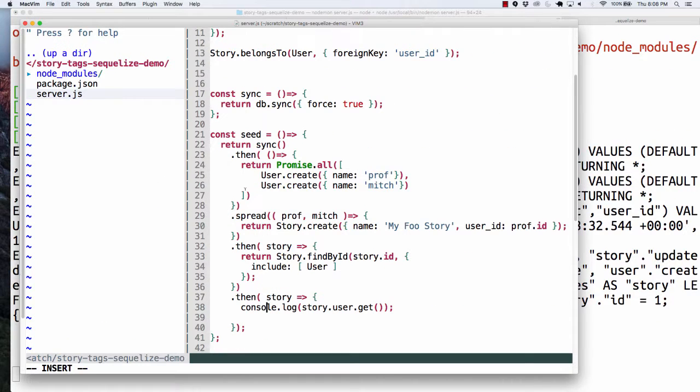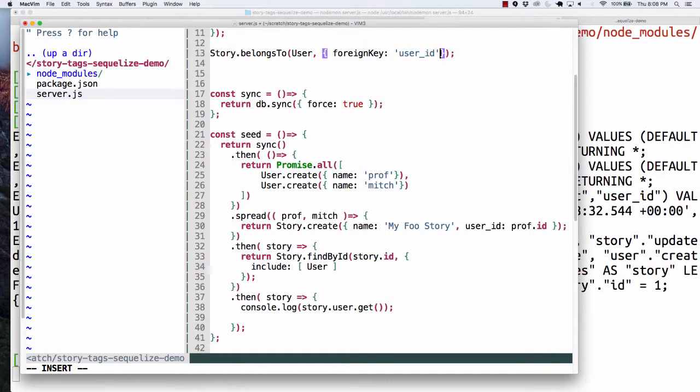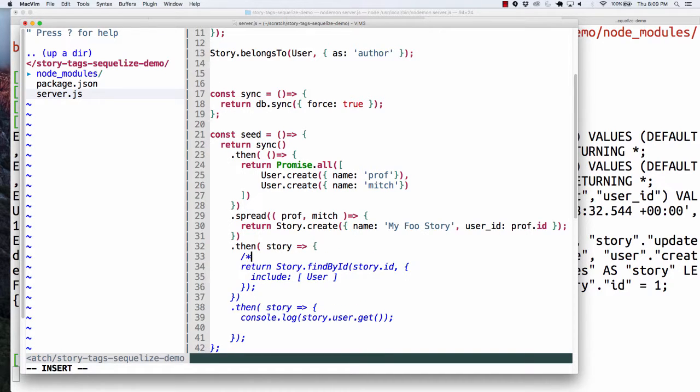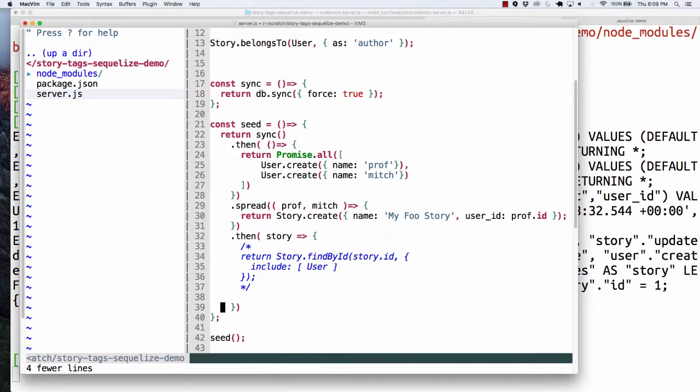Now, a couple of things here. Let's just say that I don't want to call it a user. One of the things that Sequelize allows me to do is says, all right, it's a user object. You don't want to call it a user. Call it what you want. And I say, really, what I want to do is call it an author. Okay? Now, a couple of things are going to happen here. Let me first of all take this out. And I'm going to take this out as well, because that's going to break. If I ended up doing that,